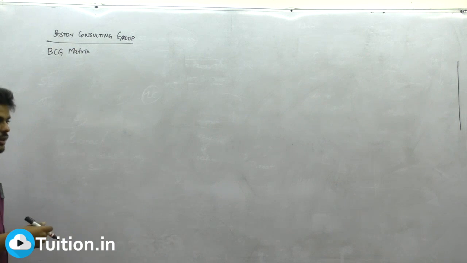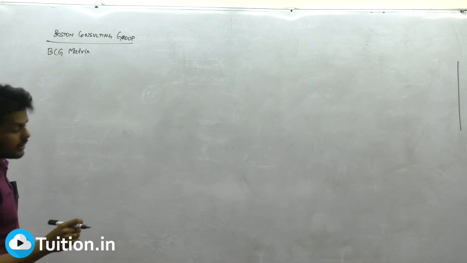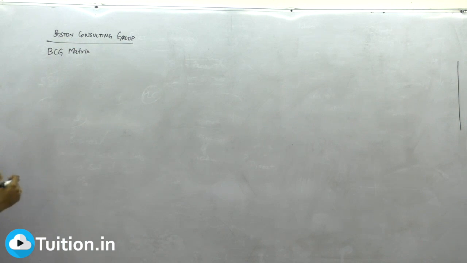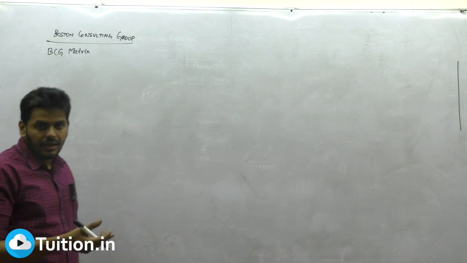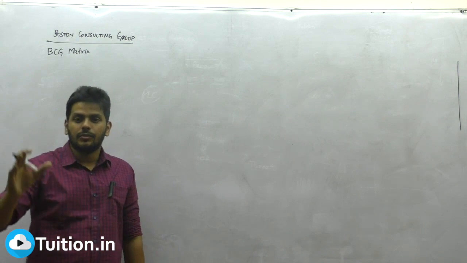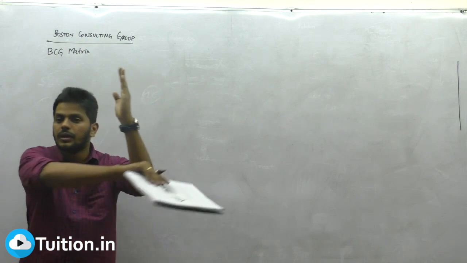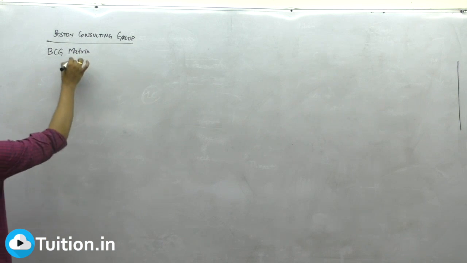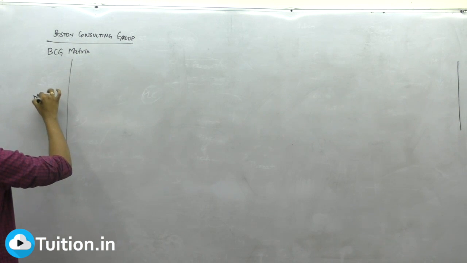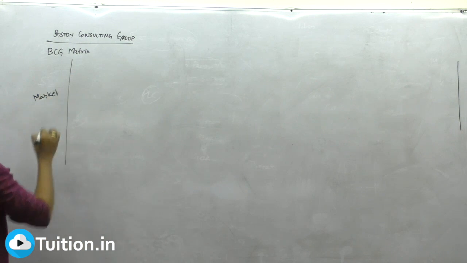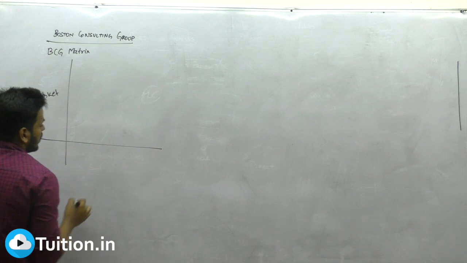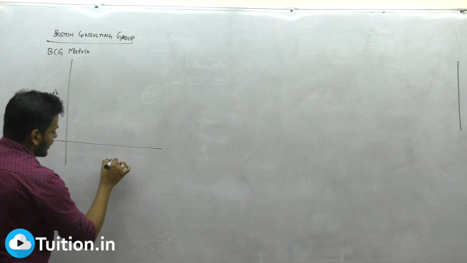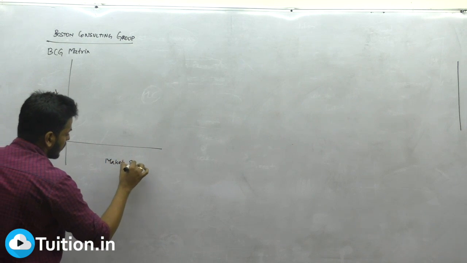Now, let me first explain, then we can read up. Everybody concentrate. So, we are taking two parameters here. Always remember, we will be on the base axis when we compare our factors, and whatever market factors are there, they will always be on the vertical axis because that's what you are comparing with. You put yourself on the base and compare, right? So, like I said, market is always on the y-axis and we are on the x-axis, market share.